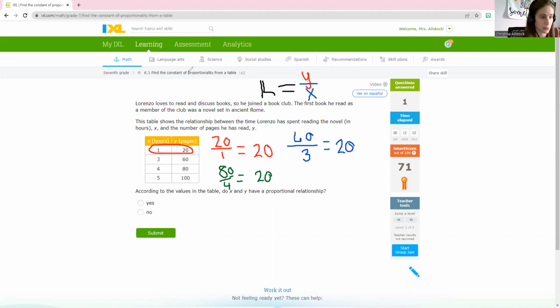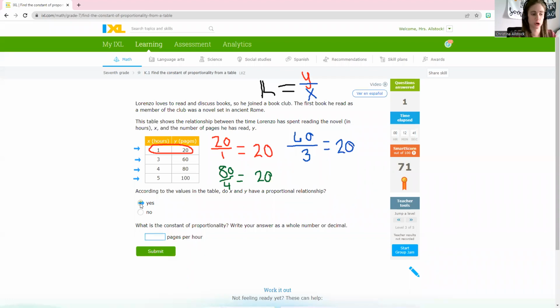So if we look back through here, 1 times 20 is equal to 20. 3 times 20 is equal to 60. 4 times 20 is equal to 80. And 5 times 20 is equal to 100. So that's another way you could look at it and say, yep, there is a proportional relationship because each row is being multiplied by 20. That is constant. That is all the same. So yes, sirree, it is